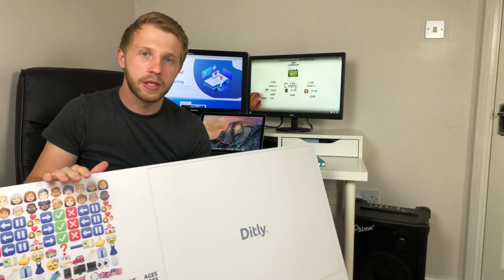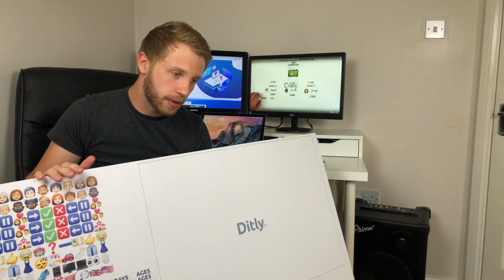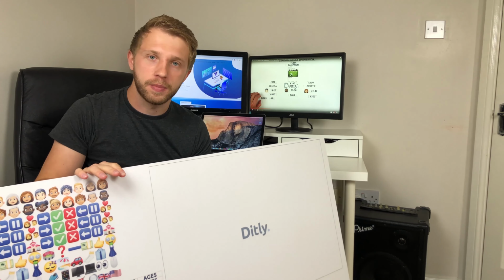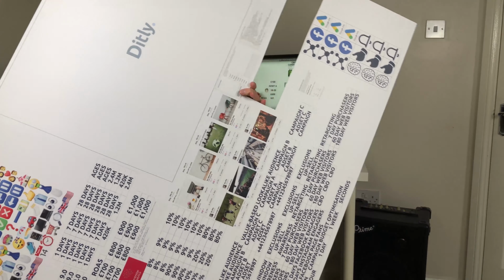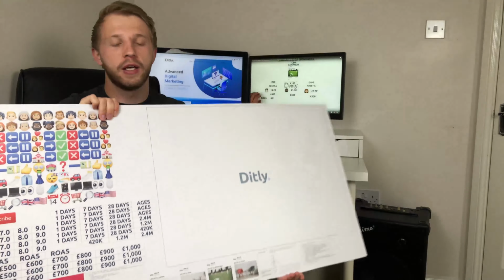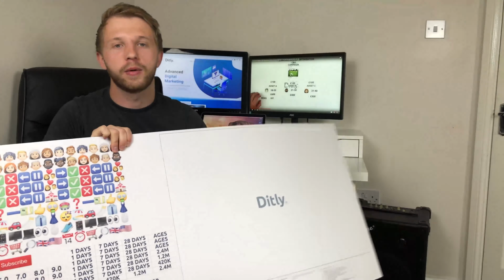Now I got two of these printed for £38 by Solarpress. I wanted two because I wanted one as a spare. This is the spare, and as you can see I have used the spare in this area here. I basically messed up on the first one when cutting this section out, so I needed to cut it from